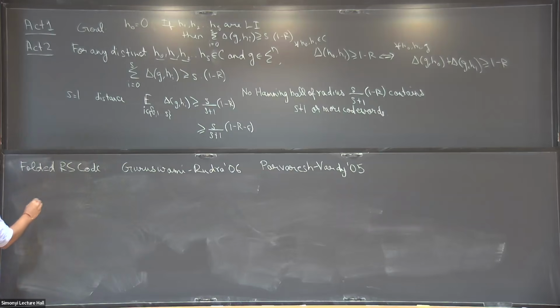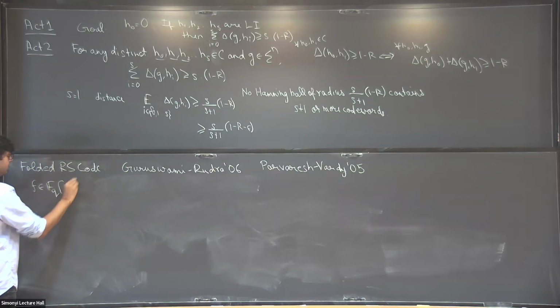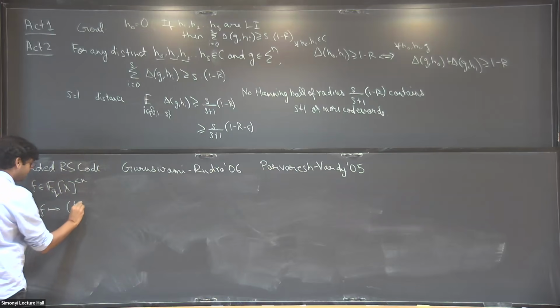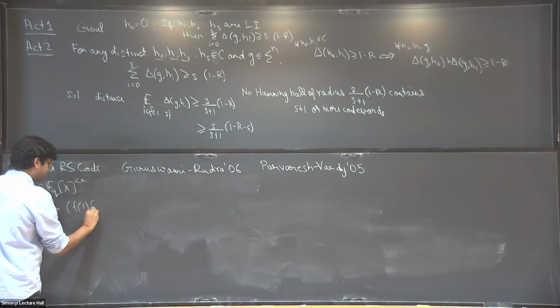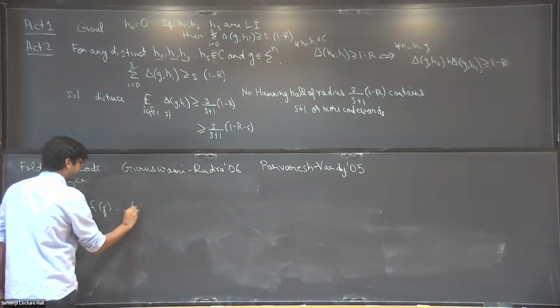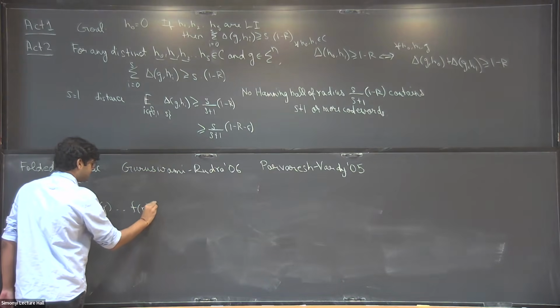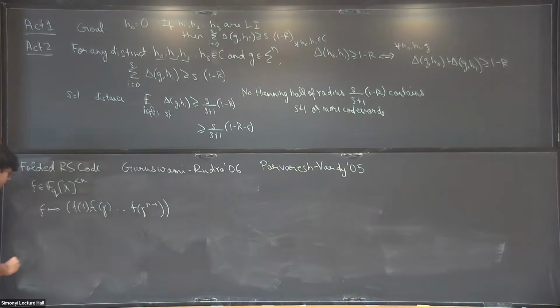The code modification is simple. Previously, we were saying each polynomial, let's say the polynomial again would be, we were encoding it as, this was the Reed-Solomon encoding. Now we are going to change the encoding to